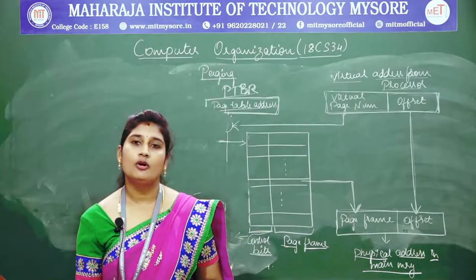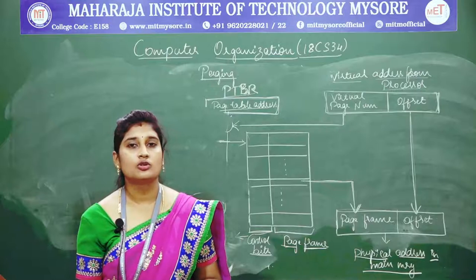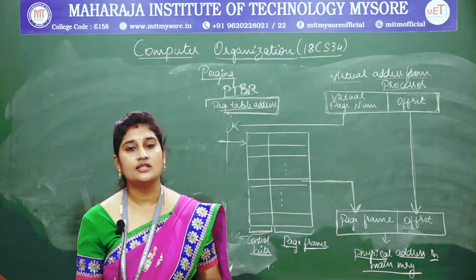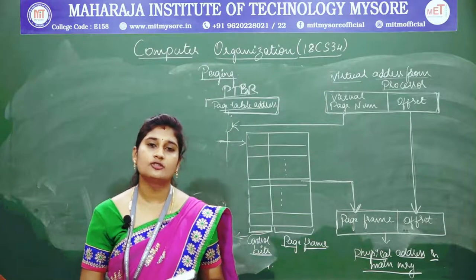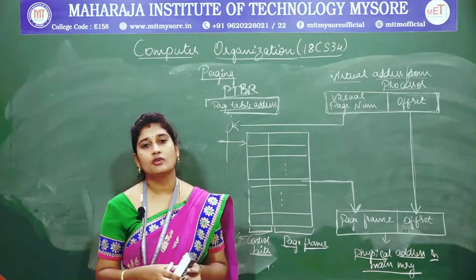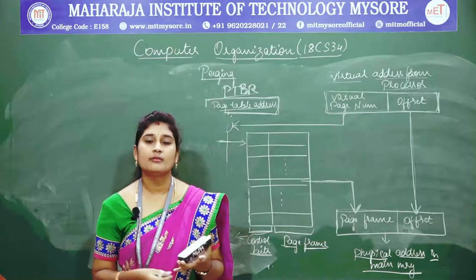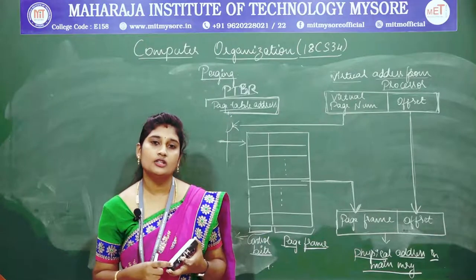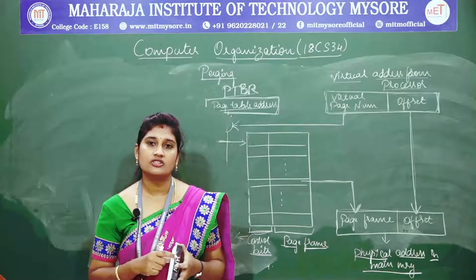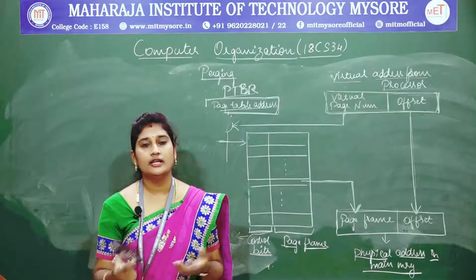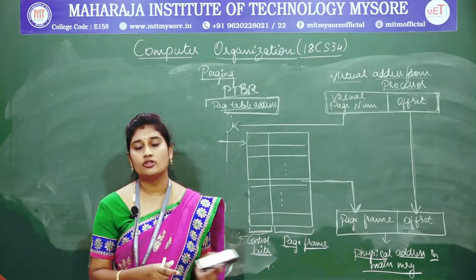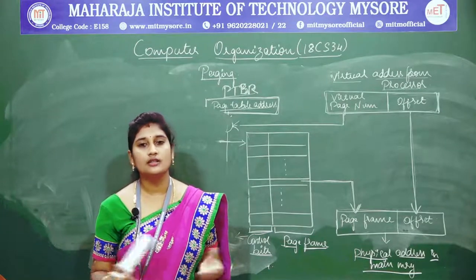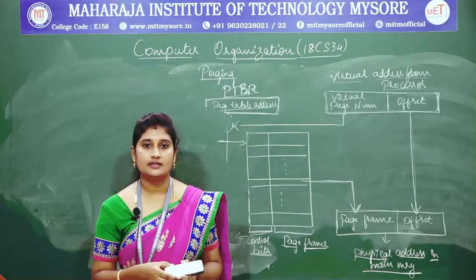So this is what it is all about the virtual memory system. In the next class we will learn about the secondary storage devices. Which secondary storage devices will you use for your virtual memories? It might be a magnetic disk system or an optical disk system. How the data is stored in their respective storage devices, how the data is moved from the secondary storage to main memory, and how the operations go on in that. These are all the things we shall discuss in your next class.